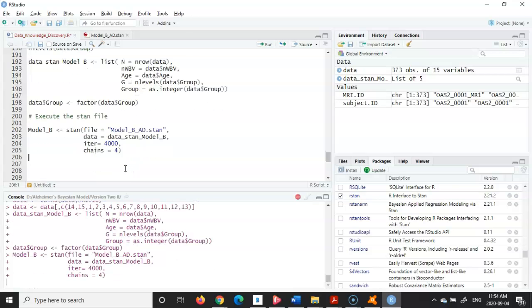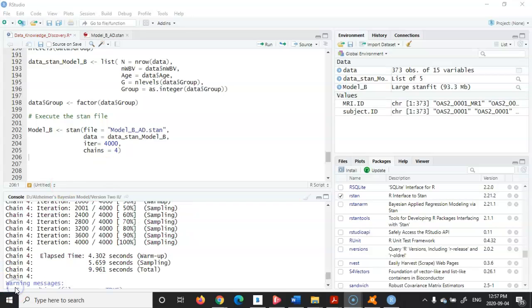It may take a couple of minutes depending on the power of your processor. Then we are going to use some diagnostic tools to see if we got convergence, and then we can draw from our posteriors. It may take a couple of seconds or a couple of minutes. I'm going to pause the recording, and when the processing is done, I'll get back and we continue from there. Okay, now the processing is done